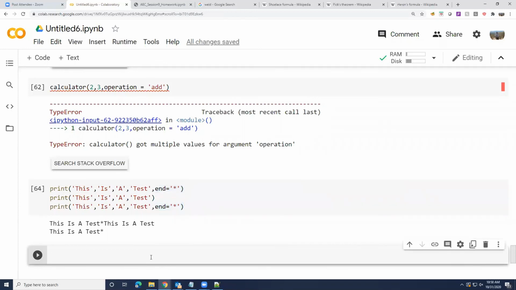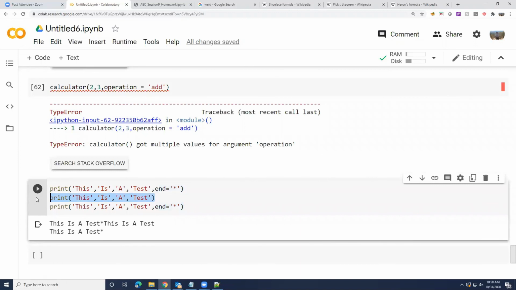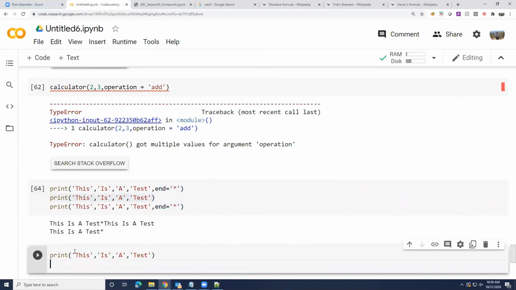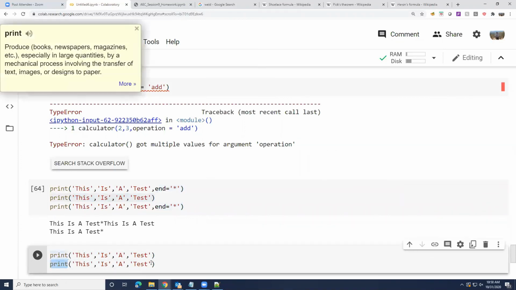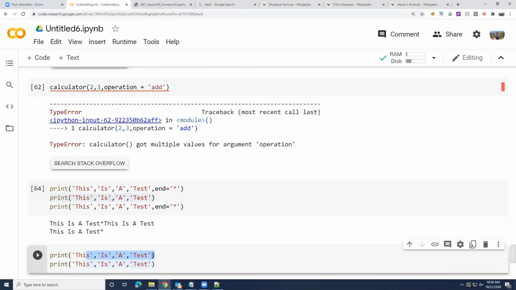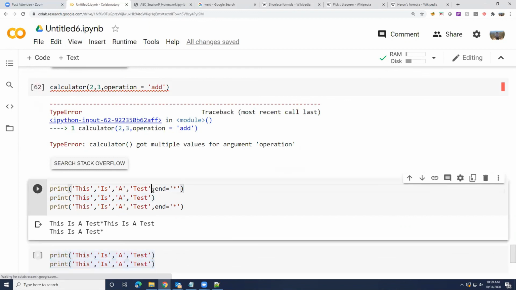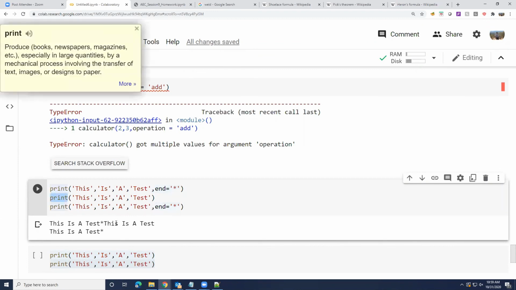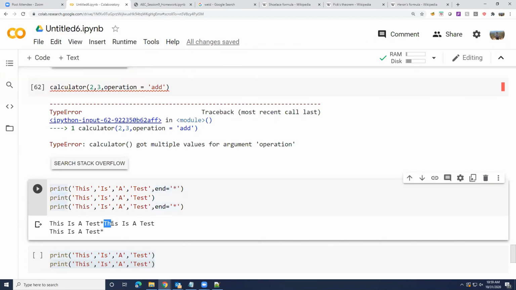If you print line by line on your printer, if I use a simple print statement, it prints a line. If I use another print statement after that, because this printed a line, this starts on the next line. It almost implicitly assumes I print this and then move to the next line here. Whereas when I say end equal to asterisk, it just ends that line and does not start printing the next print output on the next line.